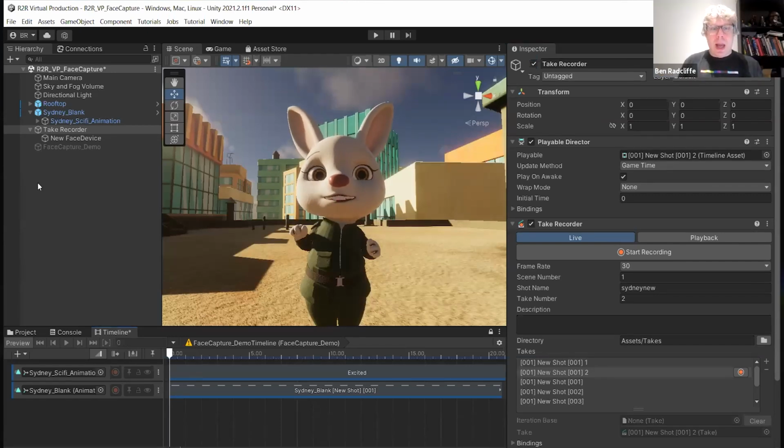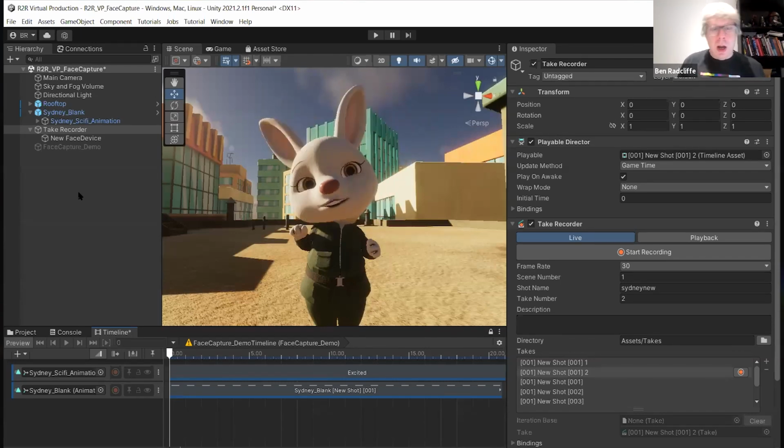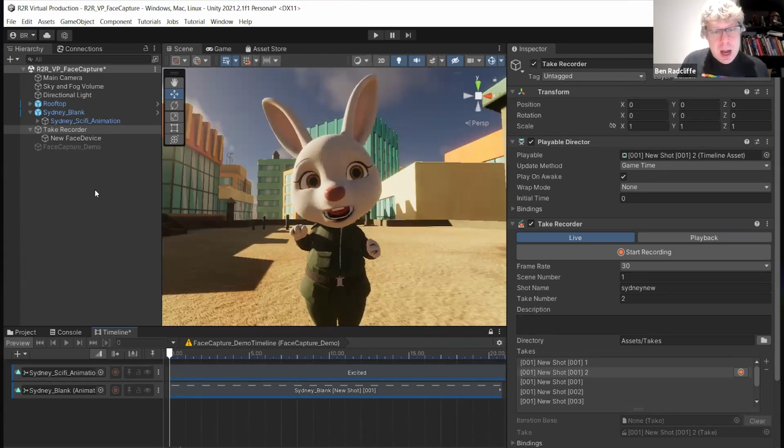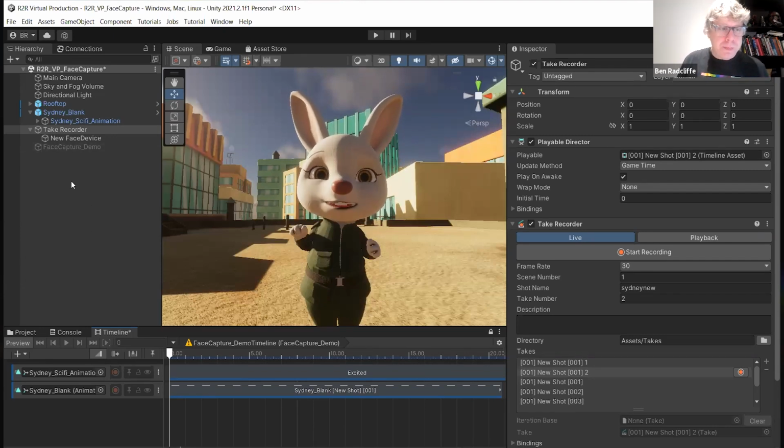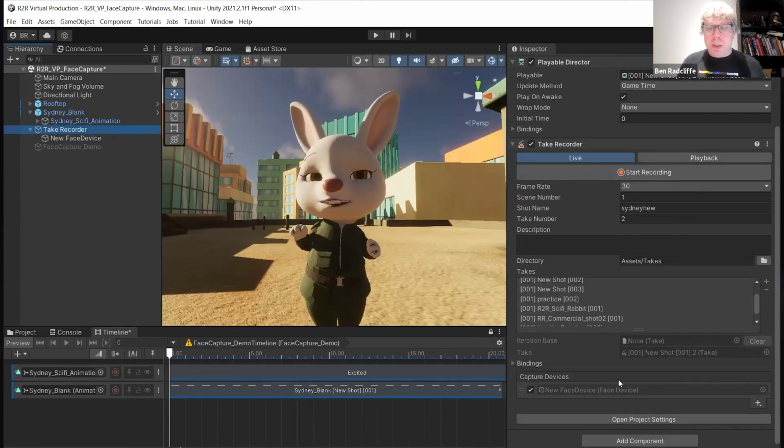And let's go add that face capture component. You can do a lot more sophisticated stuff. I really just want to get you guys up and running, and I don't want to overwhelm you. But again, you can re-record on top of takes, and there are all different modes. It goes a lot deeper, but today it was really just about getting you guys on the road to real time and getting you guys making stuff. And I think it's fun. Yeah, that's cool. So let's go here, and again, we want to add another device. We go to Take Recorder and we go to these bindings, and we can go here and we can say